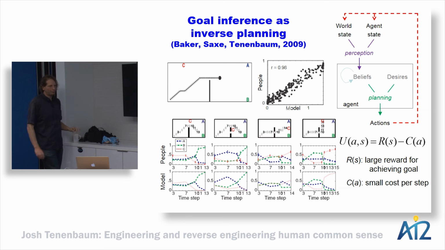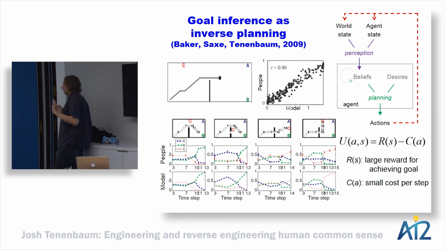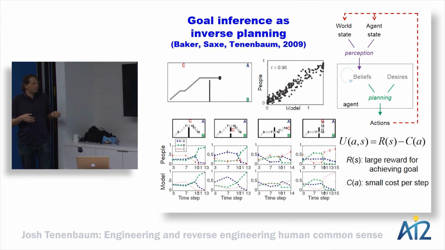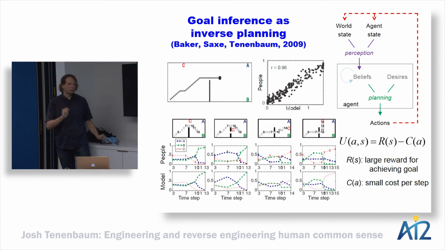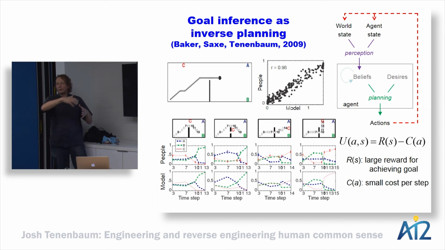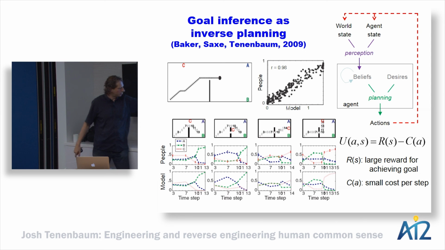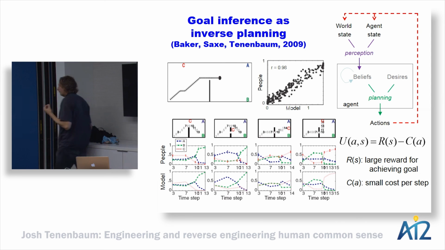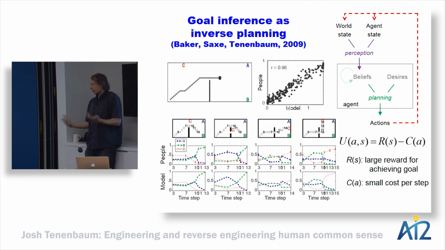Since I have very little time, I won't tell you the details, other than just like with the stimuli with the blocks, we do a lot of manipulations. We vary the geometry of the room, where the objects are, what path the agent takes. We query people at different points along the path to see how your understanding of the action evolves as you get more and more evidence. And we then measure data like this. So these plots here are examples of judgments people are making about the agent's goal over time in different environments. And you see they move up and down a lot in ways that are sensitive to the structure of